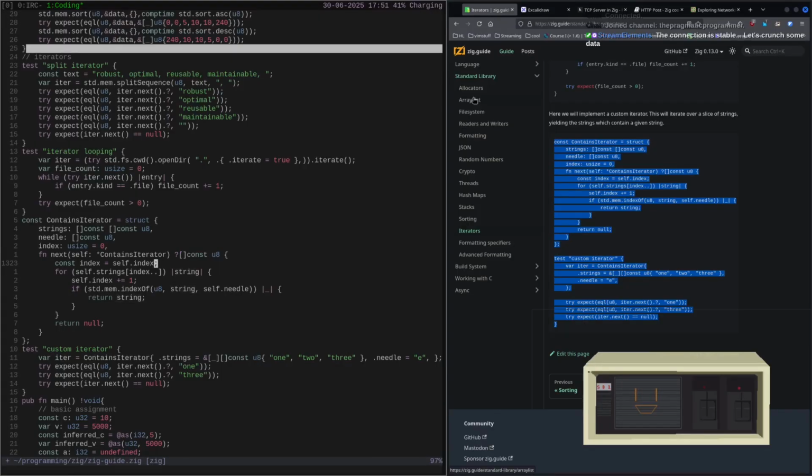Index is equal to the index. For the strings in index to the end, capture that as string, increment the index. If the index of the string, I'm assuming if that is equal to the index of the needle, return the string, and then